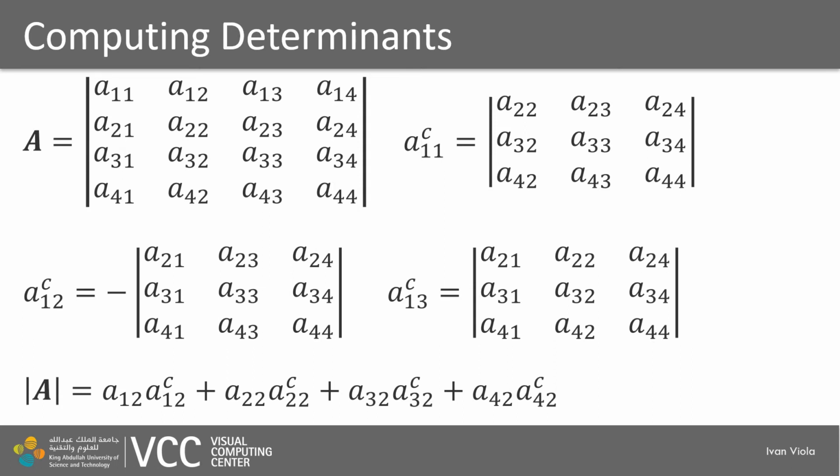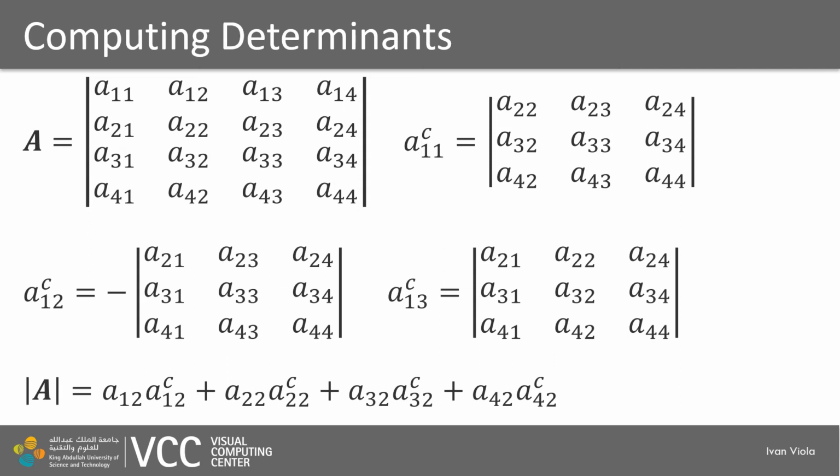How can we compute determinants? For matrices of size 2 by 2 or 3 by 3, this is easy and we can calculate it without much effort. But for larger matrices, the operation is a little bit more advanced and involves computing determinants of submatrices of the larger matrix. For example, we can see here that the determinant of a 4 by 4 matrix is equal to